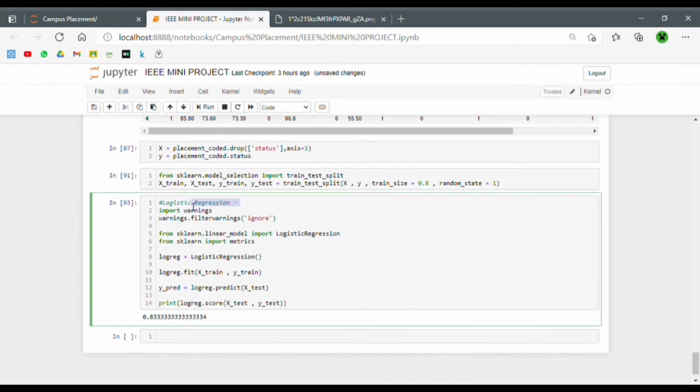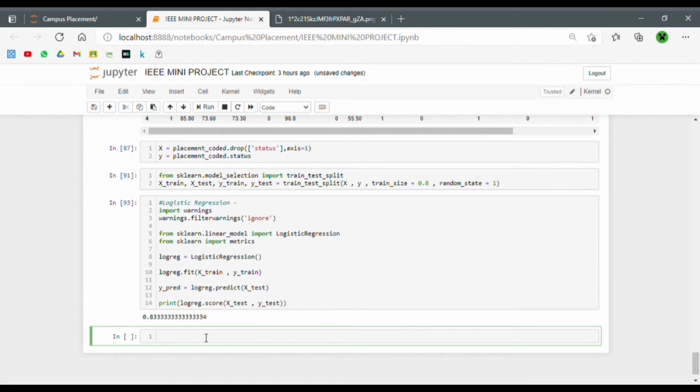So this was the first classifier that we had. The name logistic regression in itself is misleading, because what we're actually doing is not regression, we're doing classification, right? So this was the first machine learning model that we used.